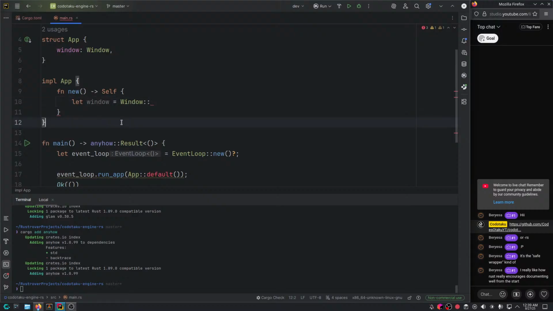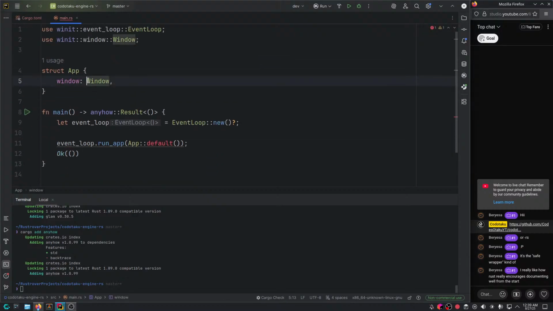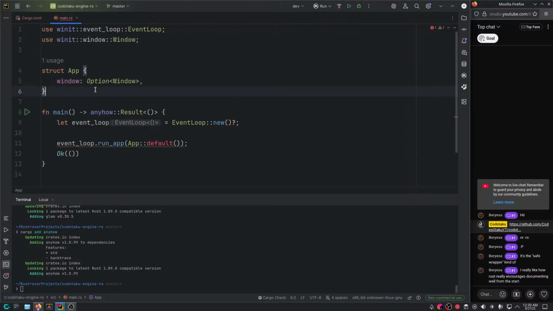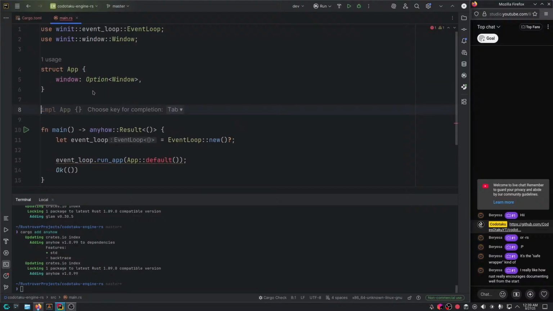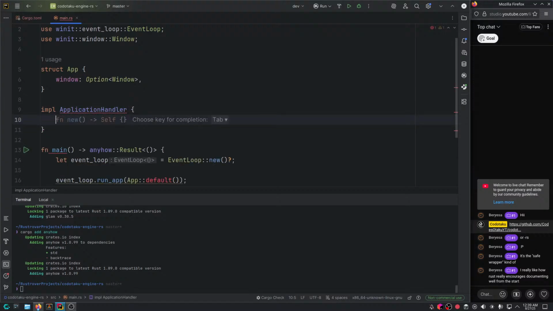Okay, I kind of start to remember now. So we have option here. This is like std optional in C++. Okay, and then we basically need to implement this trait called application handler from winit. And then what else?